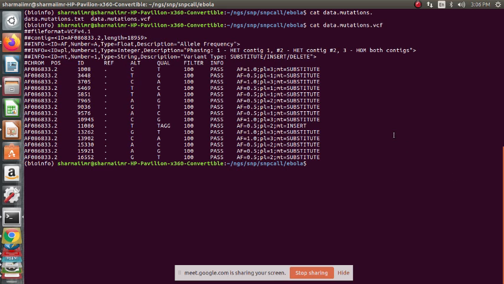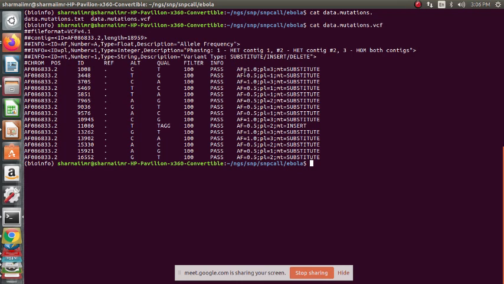Yes, a very simple VCF file. Apart from chrom, position, ID, ref, alt, qual, filter, info, the last column is what column? Yes, the last column is basically the format column, right?